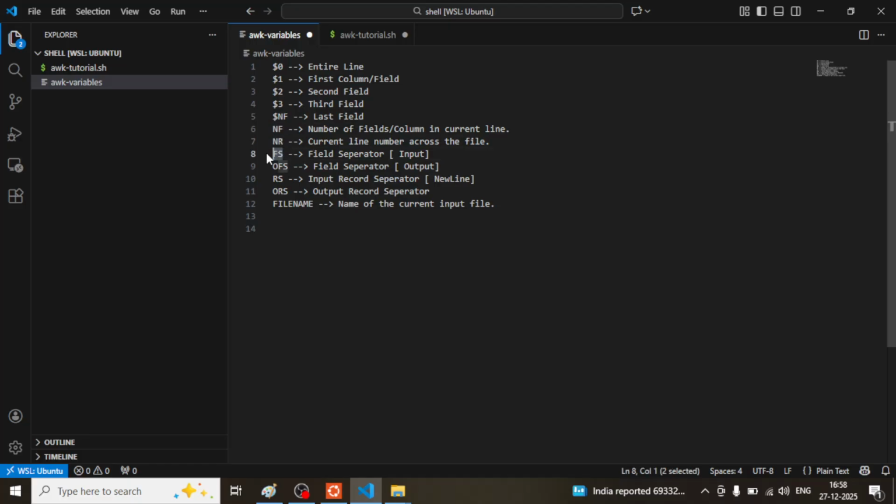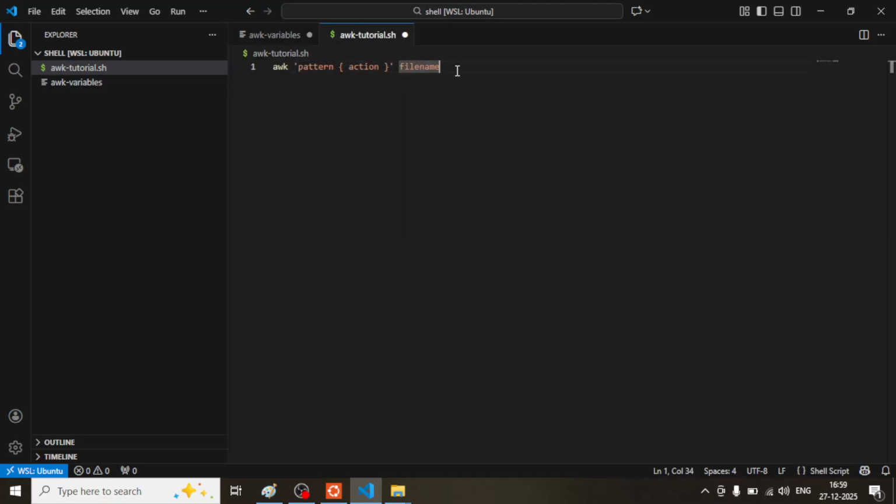FS is the field separator, the input field separator. So if you pass a CSV file, then the input field separator is a comma, and if it is some other delimiter, you will have to specify it. OFS is the output field separator, and RS is the input record separator, that is newline by default, and ORS would be the output record separator, and similarly FILENAME would give you the name of the current input file. So going back to this syntax here,